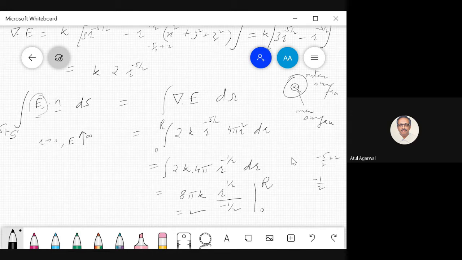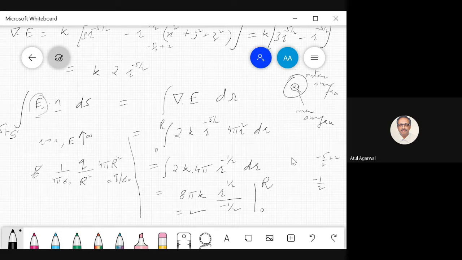From the outer surface you are getting E, whatever is there at that surface. We had calculated this value earlier. So what is the electric field at the outer surface? 1 upon 4 pi epsilon naught q by r square. You multiply by 4 pi r square. So this is one term you get, and we said it was q by epsilon naught. Now what is the other term?